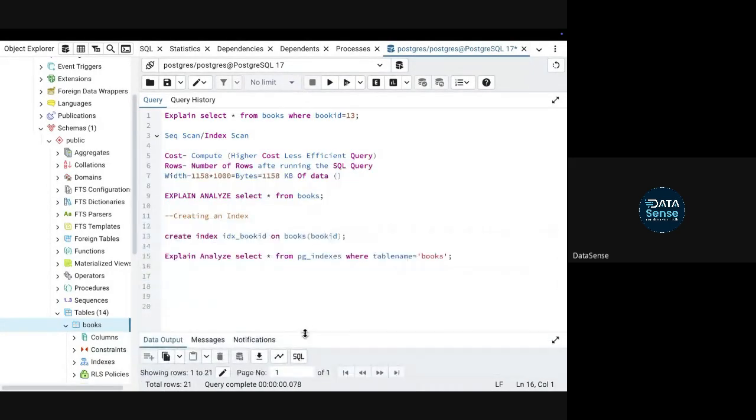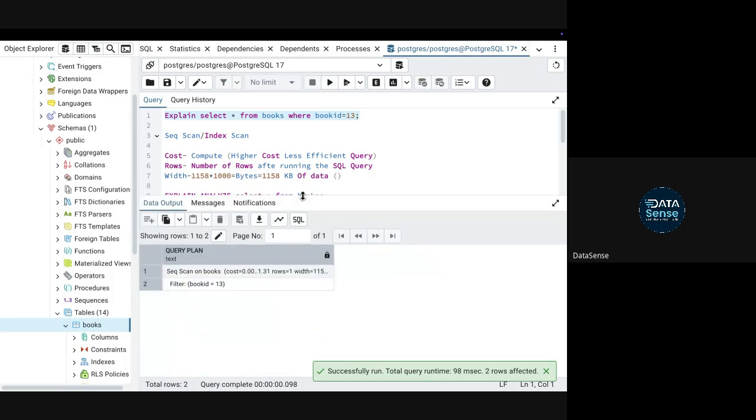Right now you will see sequence scanning only. If I write explain and this query, it will show you sequence scan only, because there are only 25 rows.